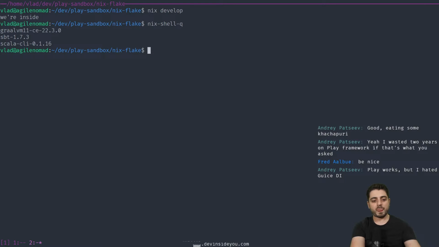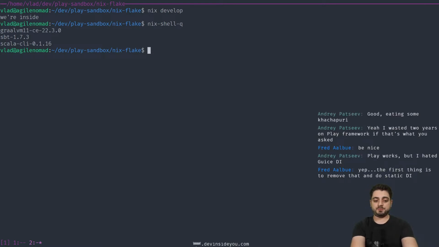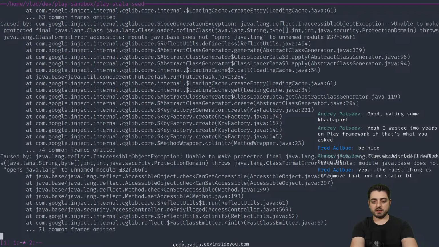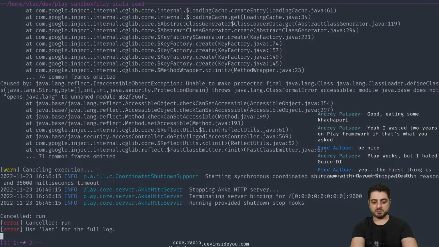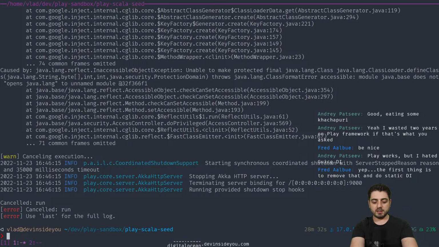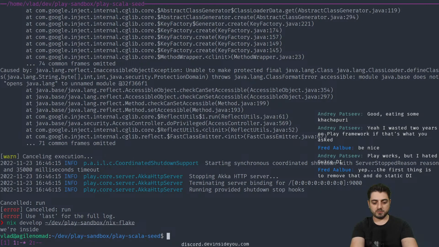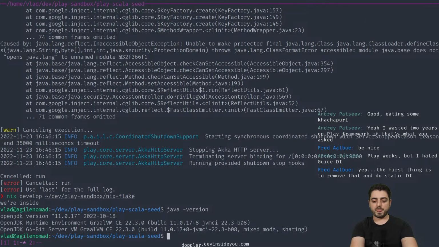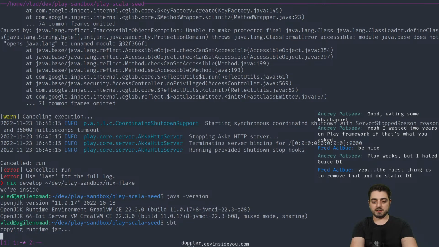All right. So now we have this flake. What I can do now is go over here, where we have SBT, which is dying on us, and I can say nix develop and paste this in. I don't know if it can do relative paths. Let's see. We're inside, okay? So now the Java version is 11, right? And now if I start SBT and run this thing again,